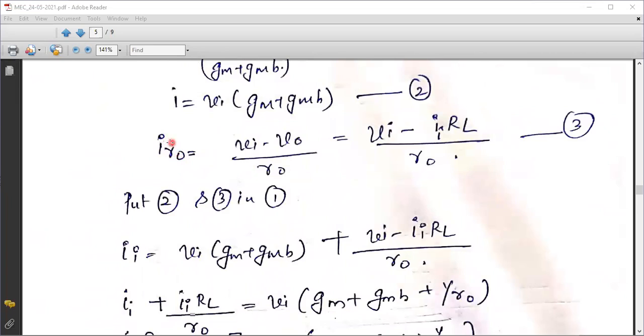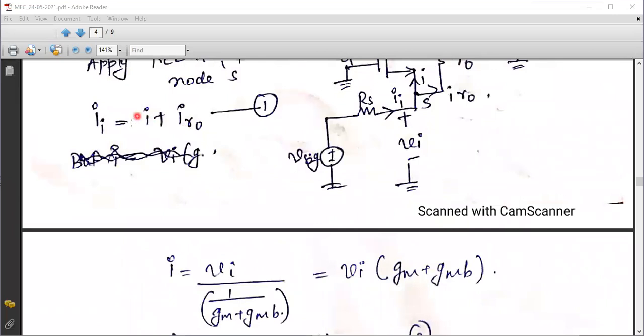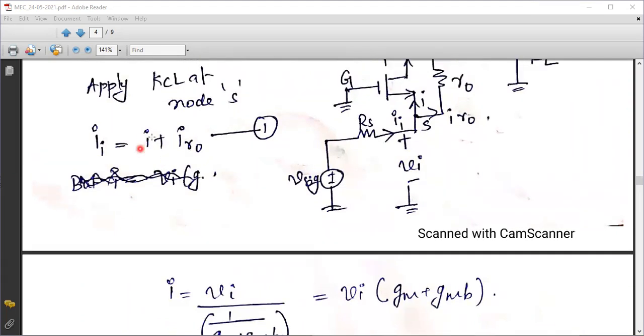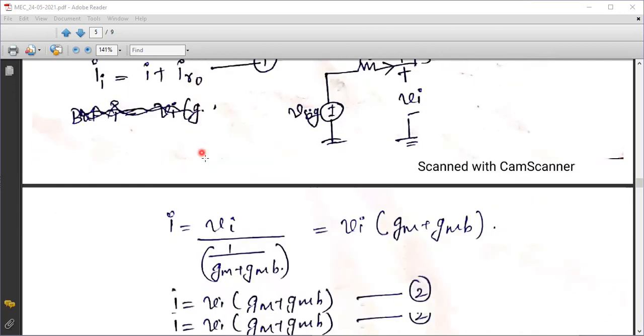So this is the equation for IR0, that is nothing but the potential difference across the source and drain terminal divided by the resistance R0. In place of V0, you will write it as IA into RL by using Ohm's law. So now you got the equation for I and IR0. Put it in equation number 1, because already by applying Kirchhoff's current law, you have written the expression for input current, which is nothing but the sum of the transistor current plus the current flowing through R0. So put it in equation number 1